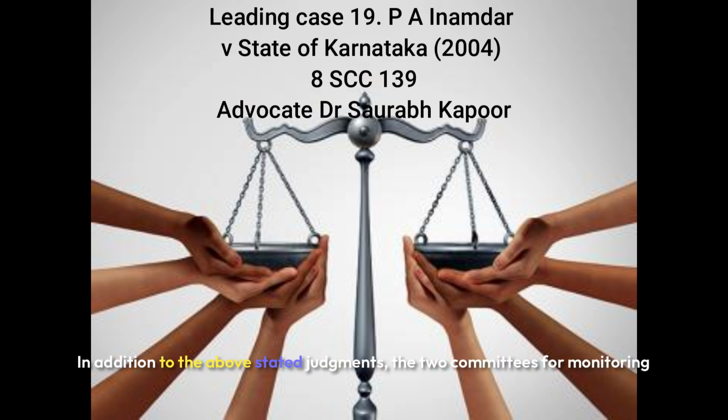In addition to the above stated judgments, the 2 committees for monitoring admission procedure and determining fee structure in the judgment of Islamic Academy are, in our view, permissive as regulatory measures aimed at protecting the interest of the student community as a whole as also the minorities themselves, in maintaining required standards of professional education on non-exploitative terms in their institutions. Legal provisions made by the state legislatures or the scheme evolved by the court for monitoring admission procedure and fee fixation do not violate the right of minorities under Article 30 or the right of minorities and non-minorities under Article 19. They are reasonable restrictions in the interest of minority institutions permissible under Article 30 and in the interest of general public under Article 19 of the Constitution.